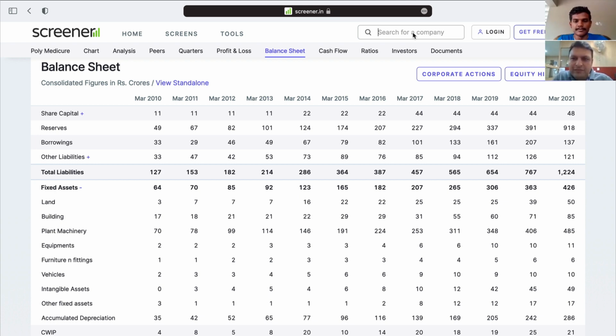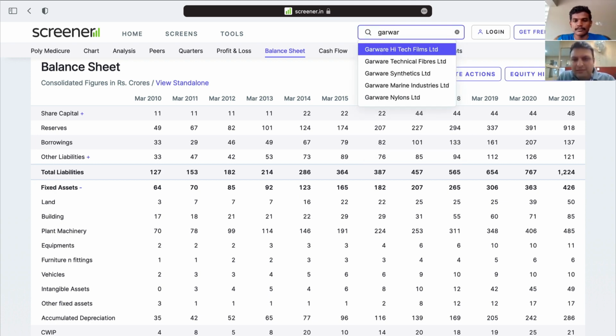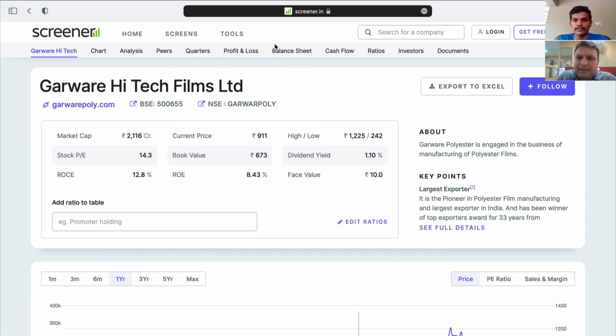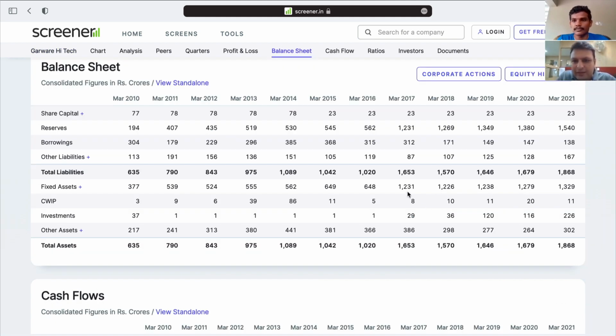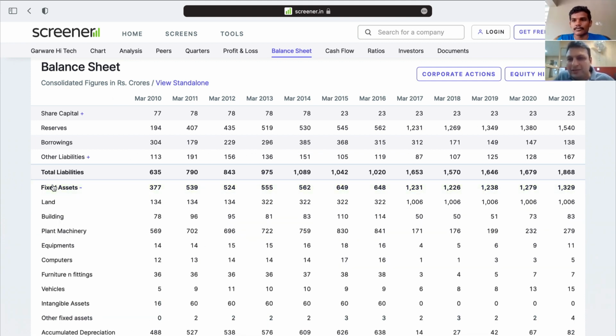Another useful feature of this expansion is that in many cases we get to see things like in Garware Hi-Tech. I noticed that in the balance sheet the fixed asset is a very large number, that it has grown from 600 crore to 1300 crore. So you are always curious to see where this money has gone. Once you click on it, you'll realize that a large part has increased due to an increase in land value from 300 crore to 1000 crore. So this is perhaps a revaluation which has been done by the company. So there hasn't been a significant investment into plant and machinery, while from the face of the balance sheet, we might be thinking that a large expansion has been done.